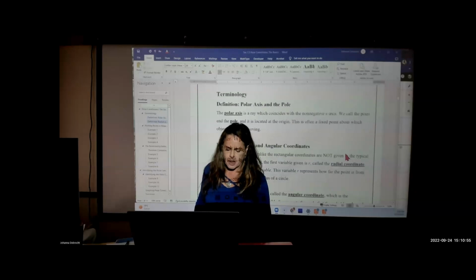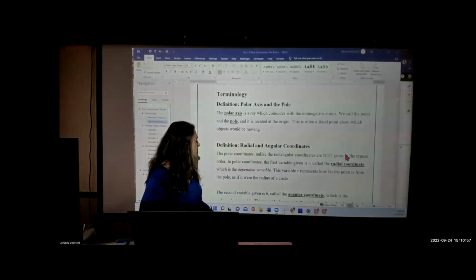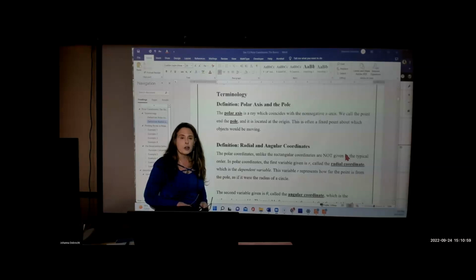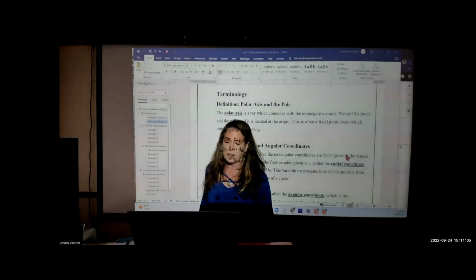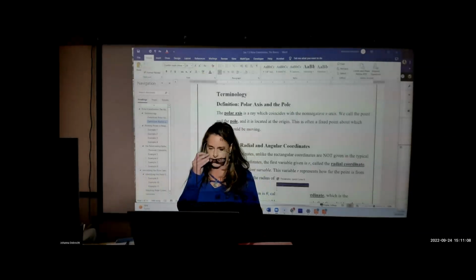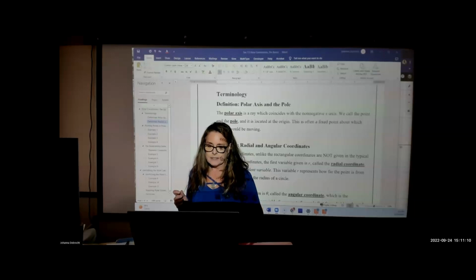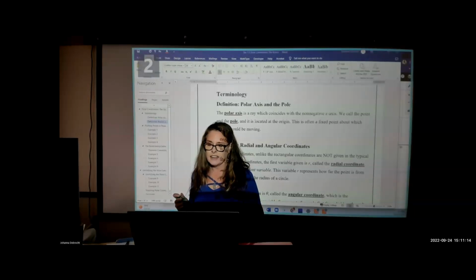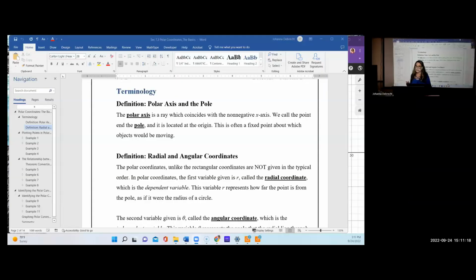Let's go ahead and talk about some of this terminology. When we talk about the terminology, we need to define what we mean by all of these different things. So let me share my screen with you so you can read it more carefully. Okay, so now when we're looking at this,